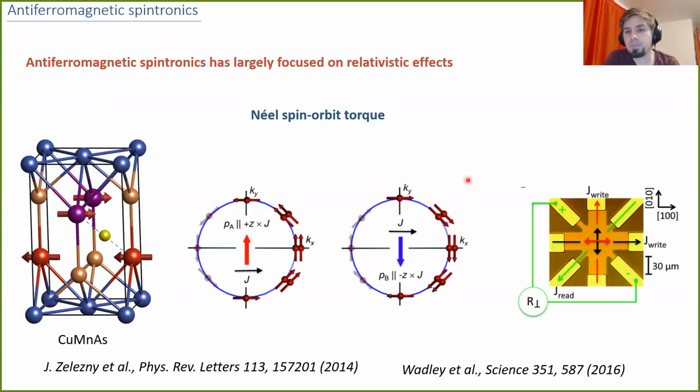But most of these effects are based on spin orbit coupling. These are relativistic effects, in contrast to the spin transfer torque or giant magnetoresistance, which are non-relativistic effects. I give here just one example, the Néel spin orbit torque, which was something we predicted, and was then experimentally observed in copper manganese arsenide. It's still very actively studied, and it's definitely a very interesting direction of research. But I still think it would be very interesting if we could go back to the basics, and do with antiferromagnets